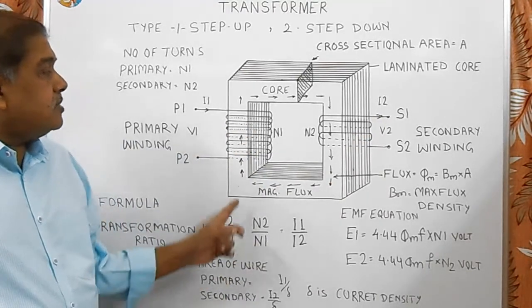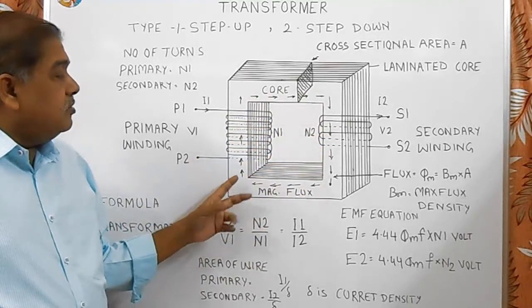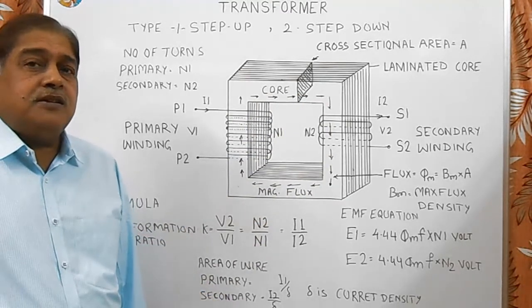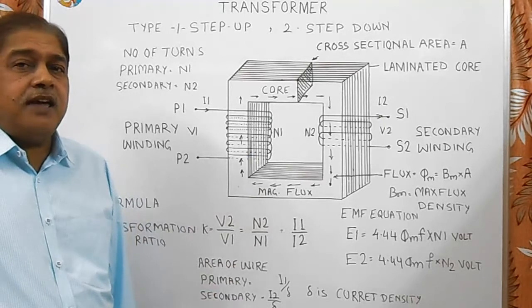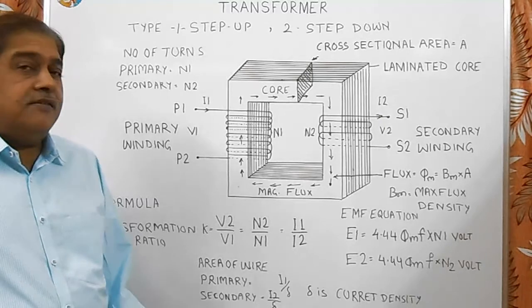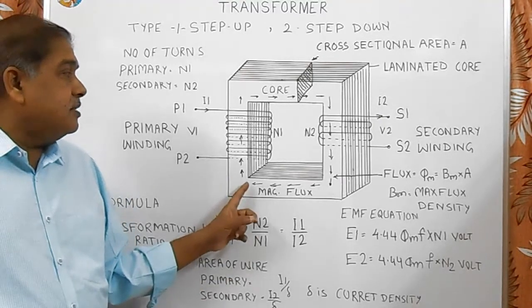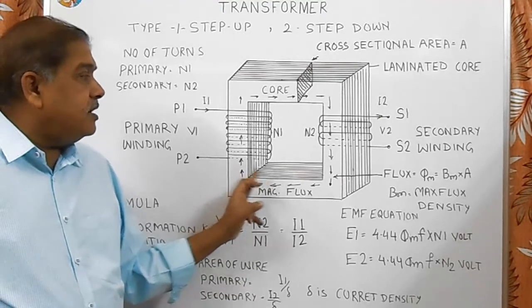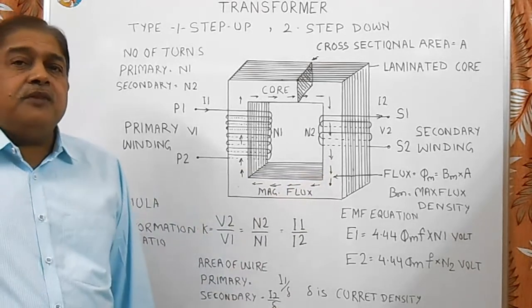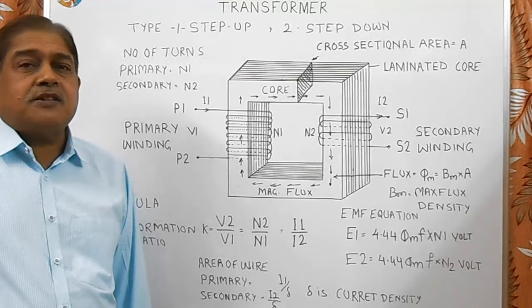With the construction of core, there are two types of transformers. First is core type transformer. In this core type transformer, core is like this, made of two L-shaped laminations, and there is a shell type transformer in which core of E-shape and I-shape is used. In shell type transformer, the total primary winding and secondary winding is wound on the center limb. In case of core type transformer, the primary winding is wound on first limb and secondary is wound on second limb. Depending upon the phase, transformers are of two types: single phase transformer and three phase transformer.